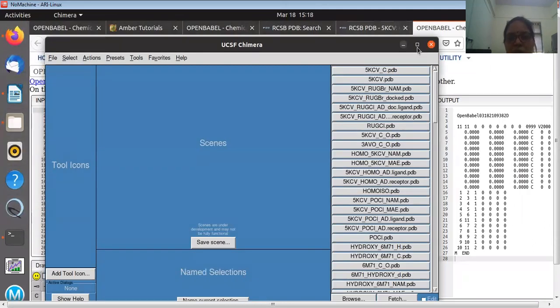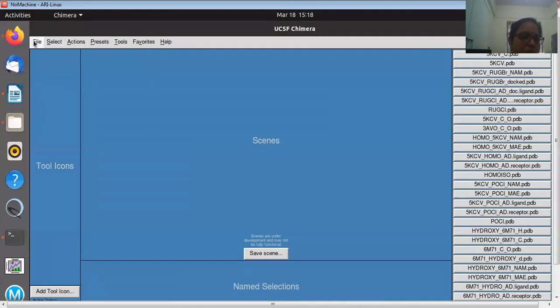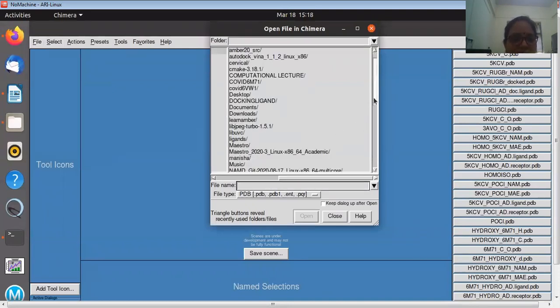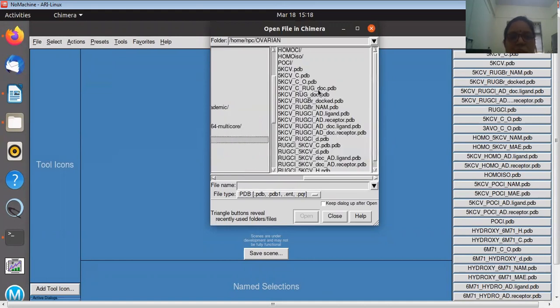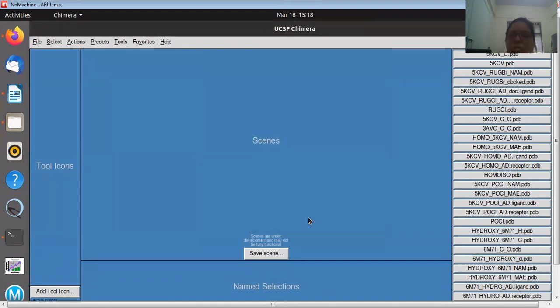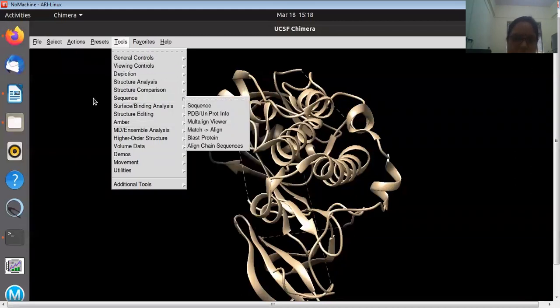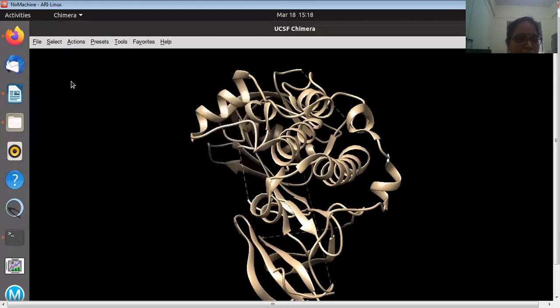So for your memorization I will open again the same folder where that protein ovarian is. Okay, so now you see that 5kcv_c_o.pdb. This is the charged file of your receptor with which you have to do the docking. So whatever number of ligands you have, only just open this file and choose your ligand which you want to dock with that. If you have not prepared your file according to this one, now what are the important steps for that?